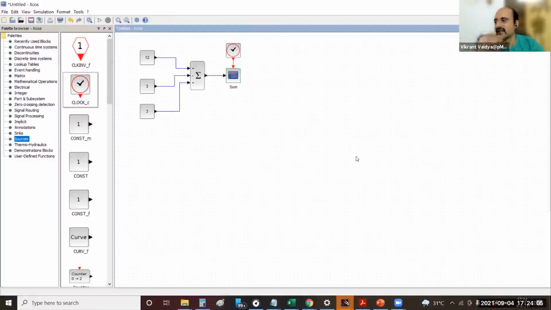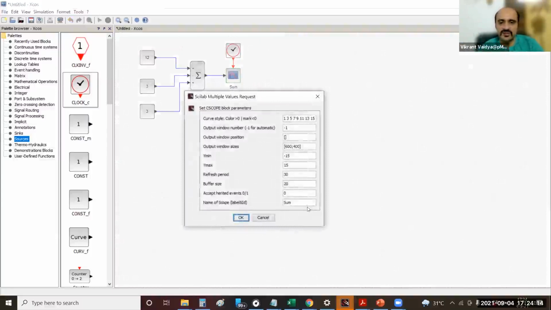Make it a habit to name the graph always. This is the bare minimum thing you should do. Other things you can always scale and do, but this, and then of course the refresh period and buffer size based on whatever is the simulation period that you are using. Just always do these 3 things.